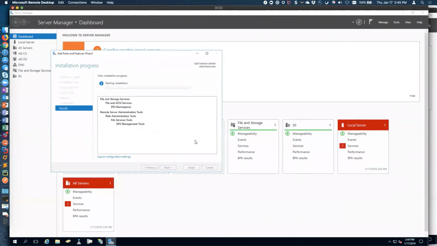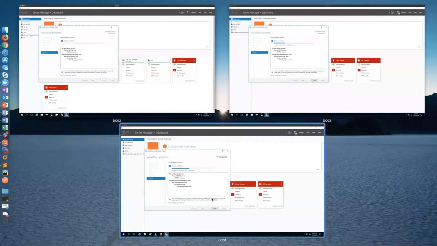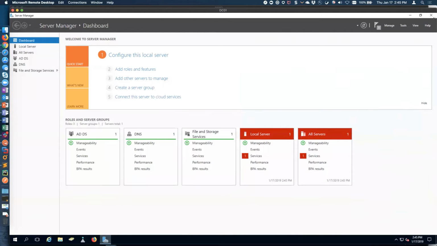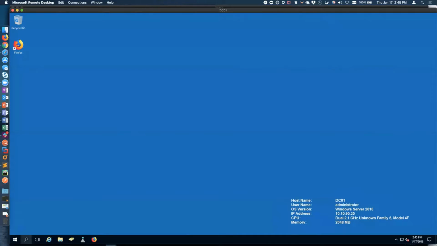All right, so hopefully that's done on DC01 or almost done. All right, so that succeeded. So I'm going to close this. I'll close Server Manager. And if we now go to our administrative tools,